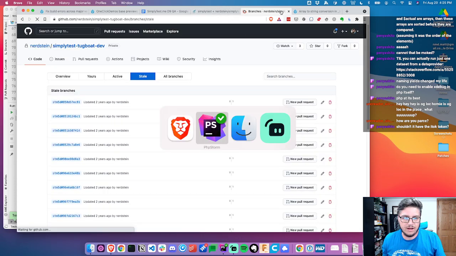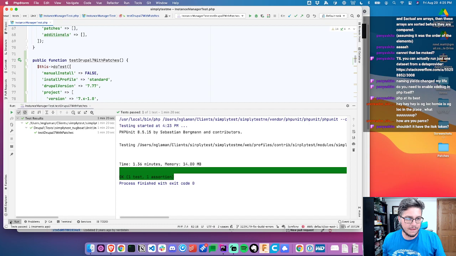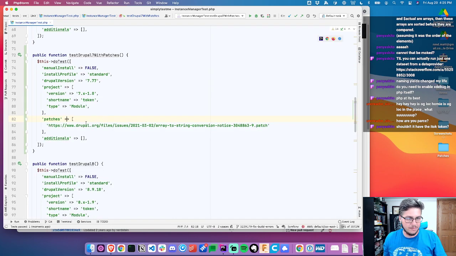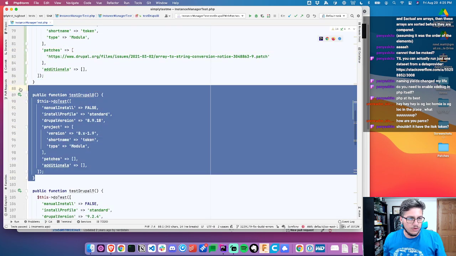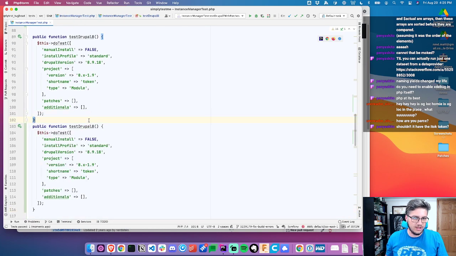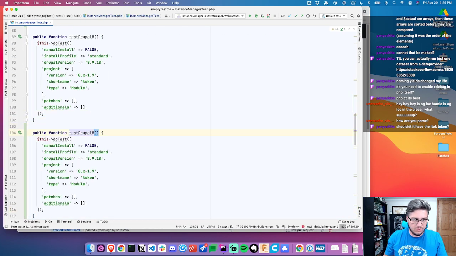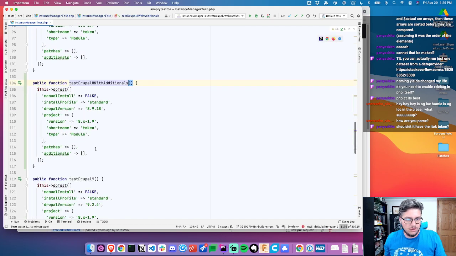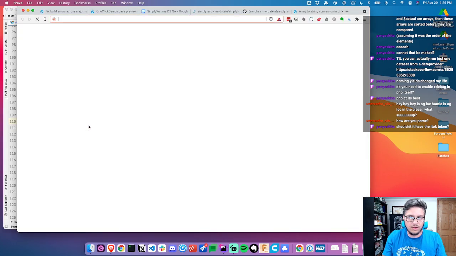So that passed, didn't explode. Let's test Drupal 8 with additionals. So for this one, we're going to do password policy, because this has been one of my tests, is doing,